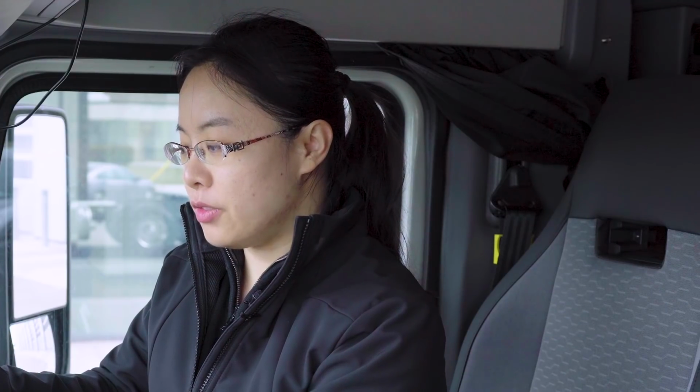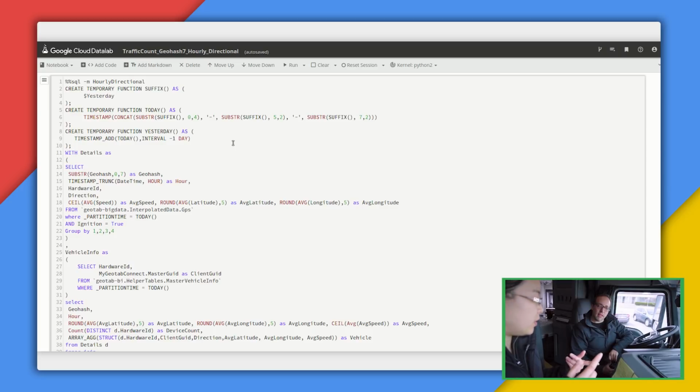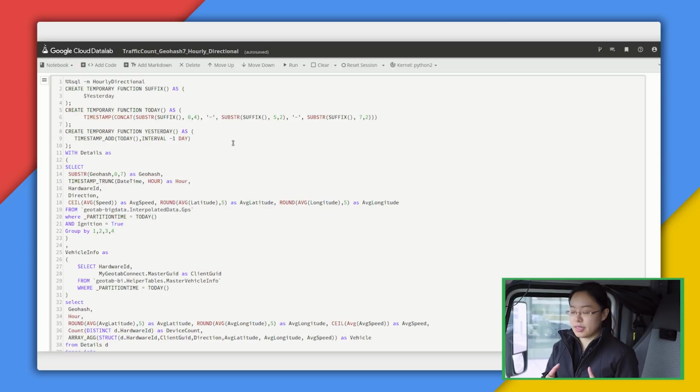Can you show me a little more about that? Like what's happening behind the scenes to produce these tables? As I mentioned, we use Notebook to write queries and explore the results, and actually run the query jobs. So first we need to calculate the traffic flow. To normalize the data, we need to count the incidents from the raw accelerometer data that comes from the device. And a very important step is we remove all the differential information from this data, and then we aggregate, and we set up the jobs running in the background month by month and day by day to collect data